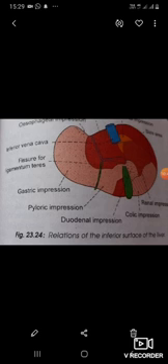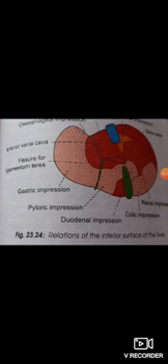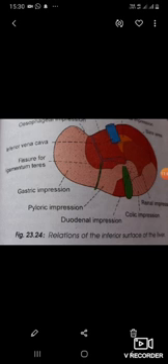The right surface is quadrilateral and convex. It is related to the diaphragm opposite the 7th to the 11th rib in the mid-axillary line. It is separated by the diaphragm from the pleura up to the 10th rib and from the lung up to the 8th rib. Thus, the upper one-third part of the surface is related to the diaphragm, the pleura and the lung. The middle one-third is related to the diaphragm, the costodiaphragmatic recess of the pleura, and the lower one-third to the diaphragm alone.